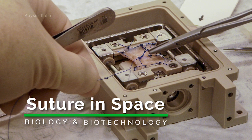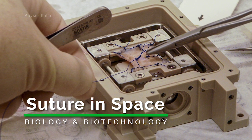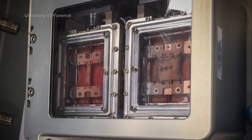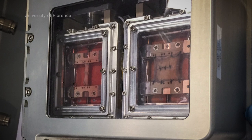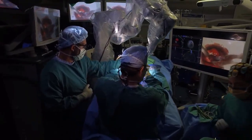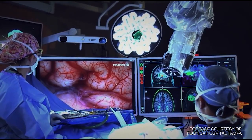Another study from the European Space Agency called Suitor in Space looks at the process of wound healing in microgravity. This understanding is vital for astronauts traveling farther away from Earth who may experience a medical emergency. But here on Earth, these techniques could help with cell regeneration, surgical skills, and may improve the ability to preserve